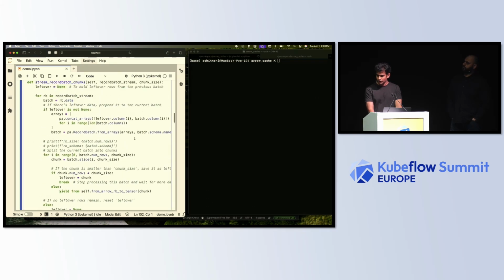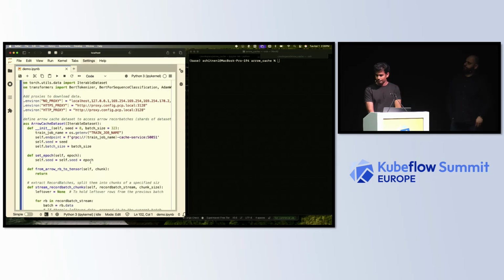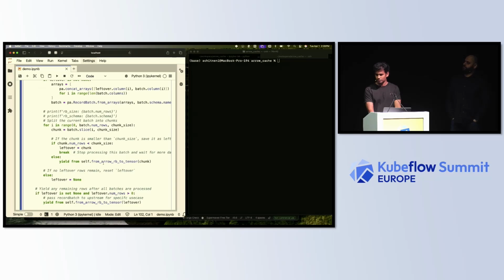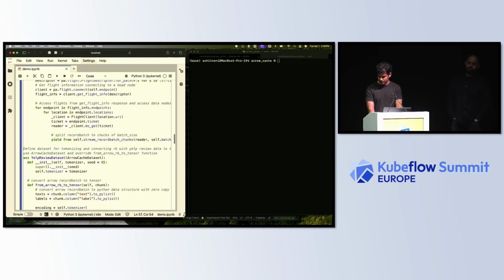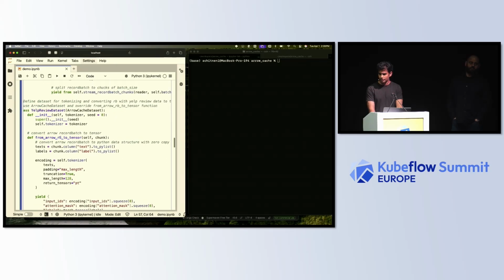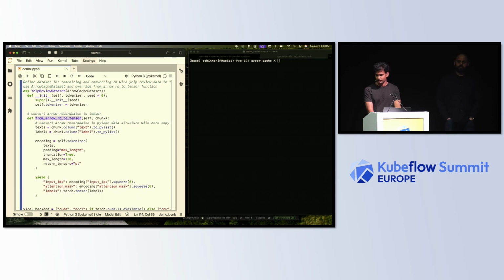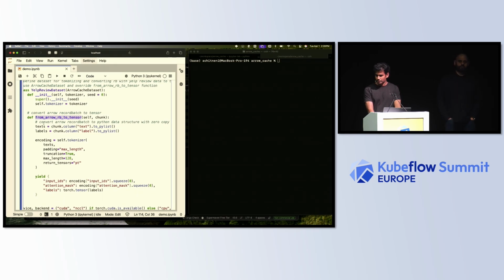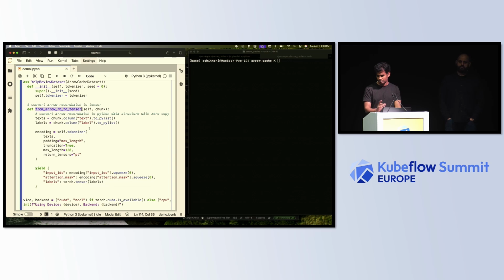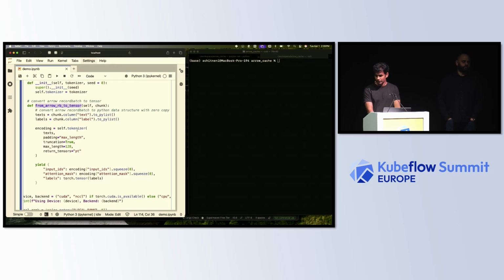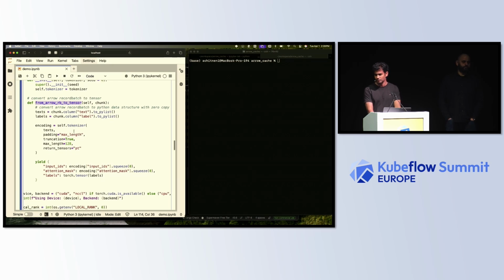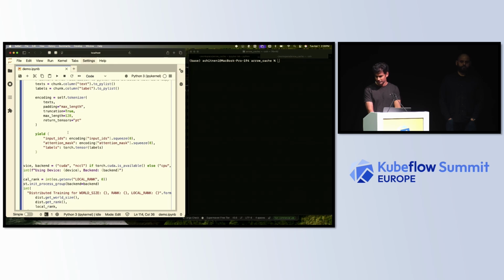And in the chunk, we'll specifically use a function to convert the Arrow record batch data to a tensor. For that, for this specific example, I'm using the LPreview dataset. So I'm overriding my function to actually convert the record batch to a tensor by using the Arrow APIs to convert to PyTorch data structures with no copy, which is the benefit of Arrow data. And using the tokenizer from Hugging Face to encode and convert it to tensors and passing